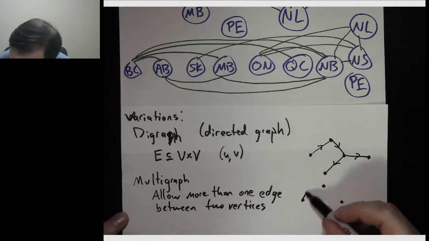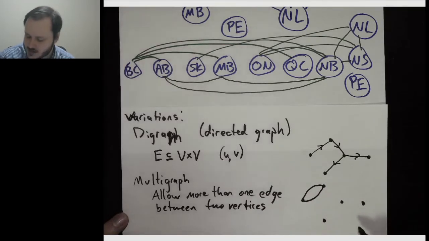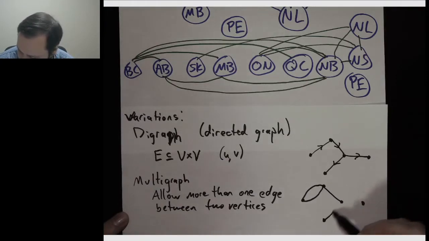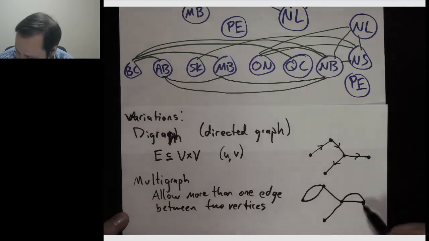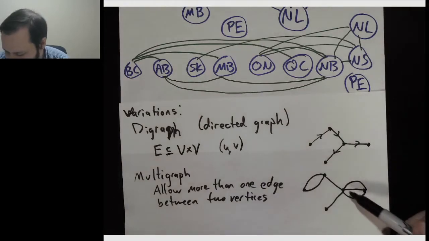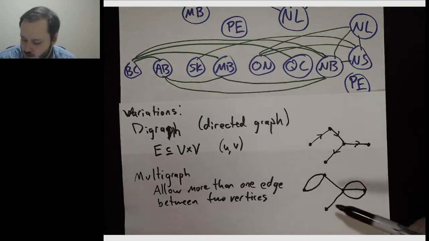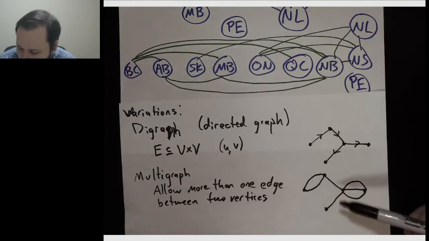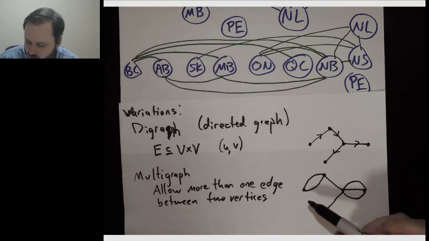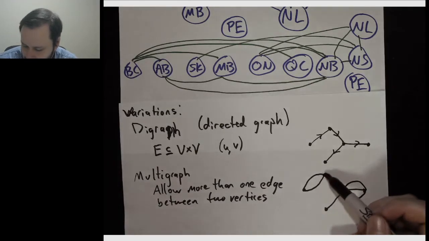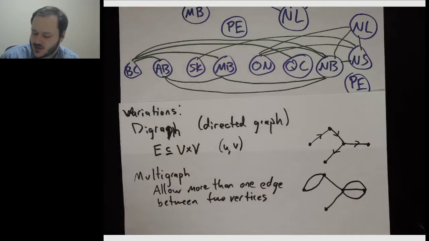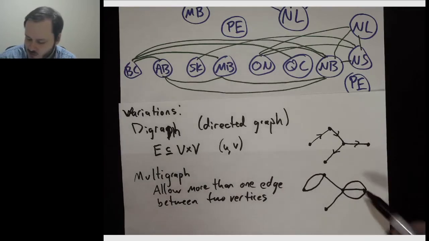I can have two edges between those two vertices, and then I'll put maybe one here and one here, but I could have three edges between those two vertices. So this is not possible with our simple graphs because our edges are a subset of the power set. And the power set only has these two vertices listed once of size 2. So there's only one subset of size 2 that contains this vertex and this vertex. But here, in a multigraph, I'm allowed to have it twice or even 3